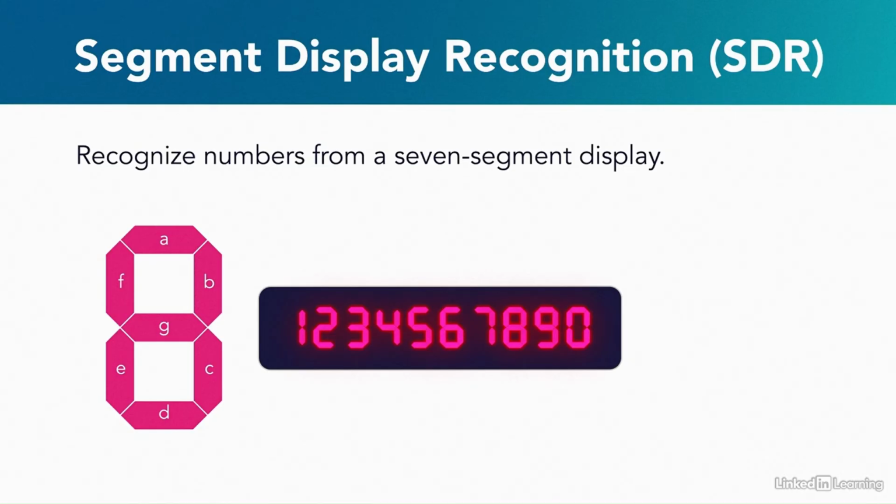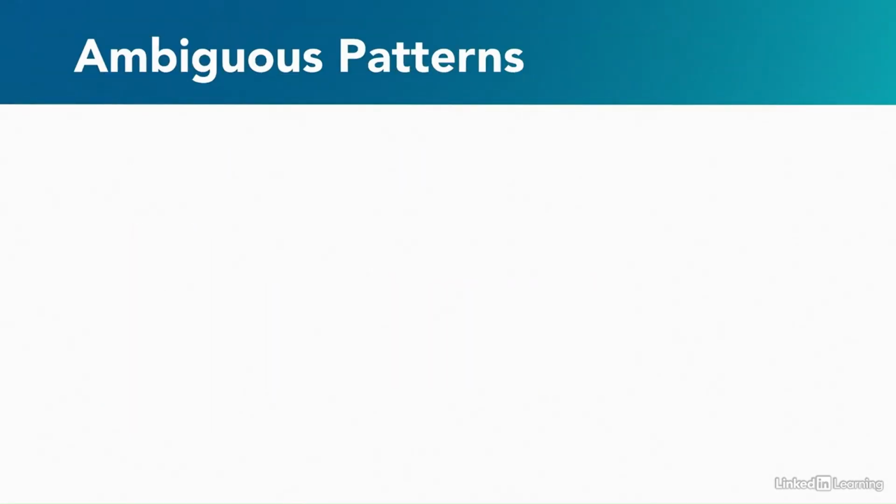This is a suitable task for a neural network because the input may come from a picture or a camera used by some computer vision system. The software will extract the brightness of each segment and send that 7-number vector to our neural network. We'll take it from there. Since we'll receive the brightness of each segment, our neural network will have the chance to generalize and guess what a pattern really means. In other words, not all numbers will have a 100% brightness in every segment that's on. Actually,